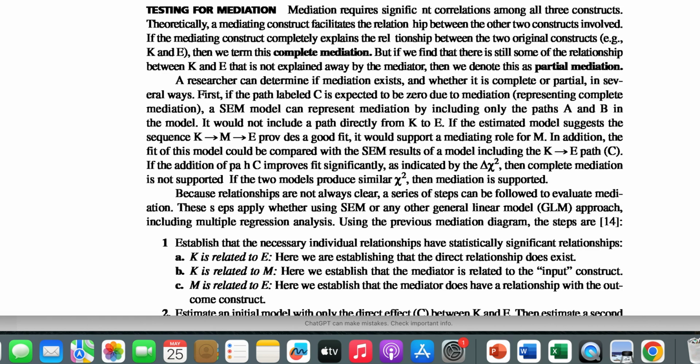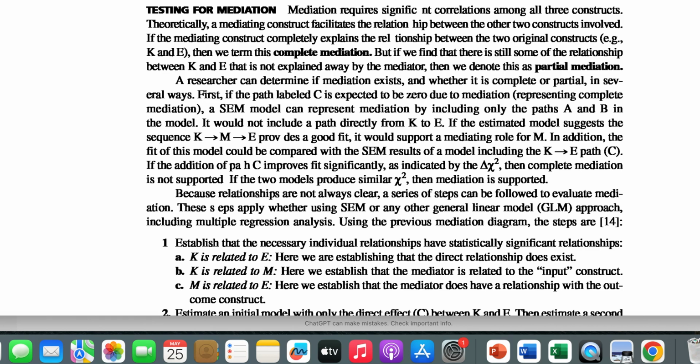A researcher can determine if mediation exists, and whether it is complete or partial, in several ways. First, if the path labeled C is expected to be 0 due to the mediation representing complete mediation, a structural equation model can represent mediation by including only the paths A and B in the model. It would not include a path directly from K to E. If the estimated model suggested the sequence K to M to E proved a good fit, it would support